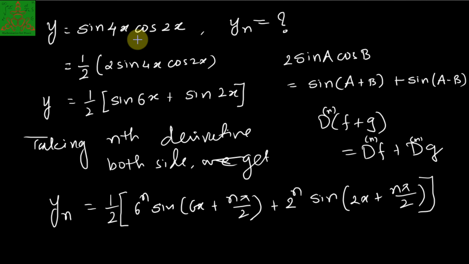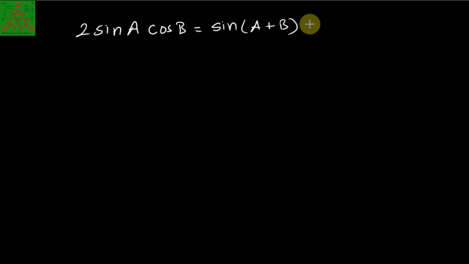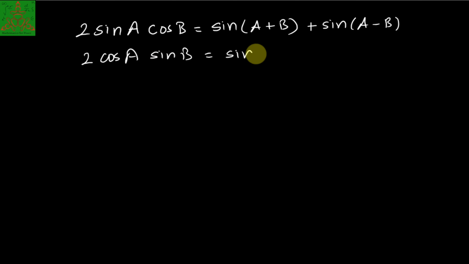Before that, let us make a remark here. Instead of this sine and cos, if any value of the type A and B is given, you can do the same. There are four such identities; let me recall them. 2 sine A cos B is sine(A plus B) plus sine(A minus B). Another is 2 cos A sin B, that is sine(A plus B) minus sine(A minus B),